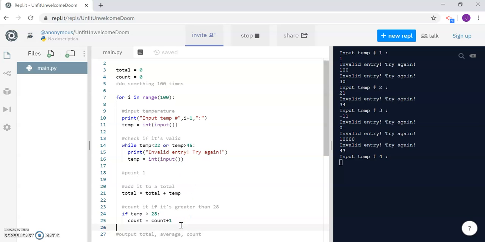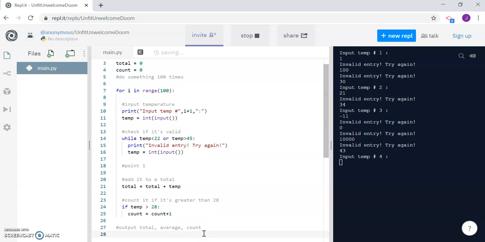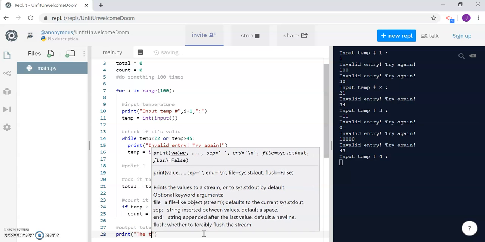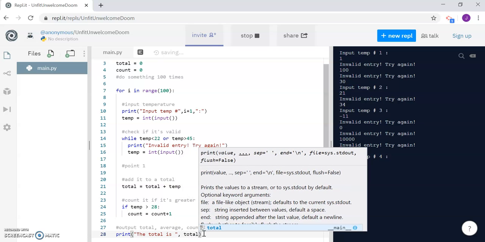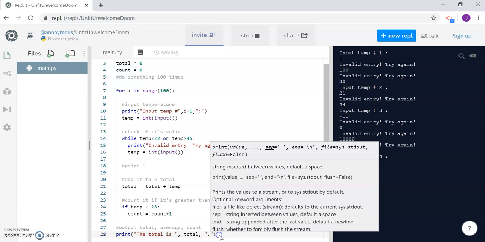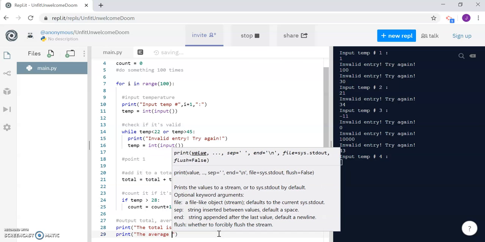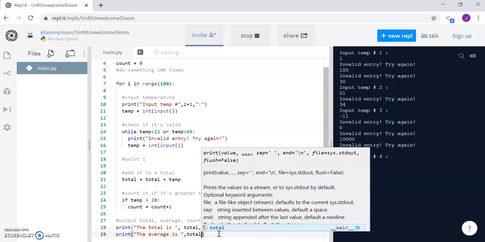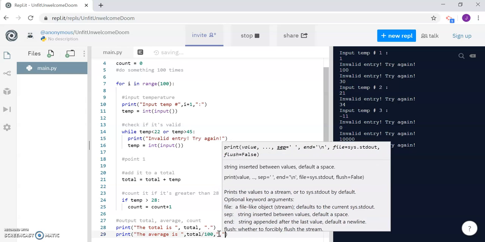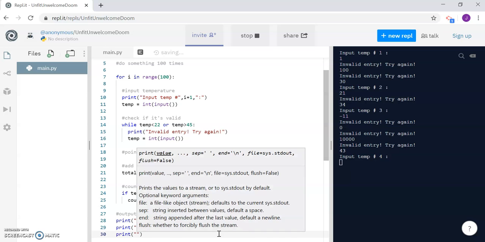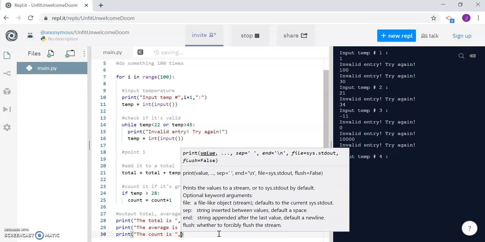And I believe that is the end of my for loop. We get a temperature. We check if it's valid. If it's valid, we add it to a total. And if it's greater than 28, we update the count. And then we do it again. We're going to do this 100 times. Now, let's output the total, the average, and the count. So let's just do that. The average, of course, is the total divided by 100. And the count is